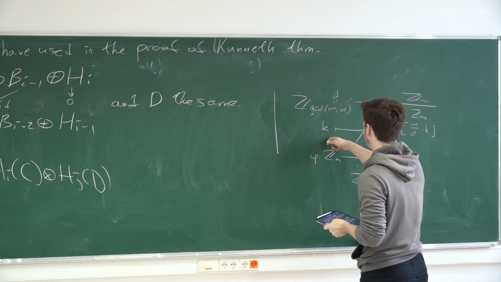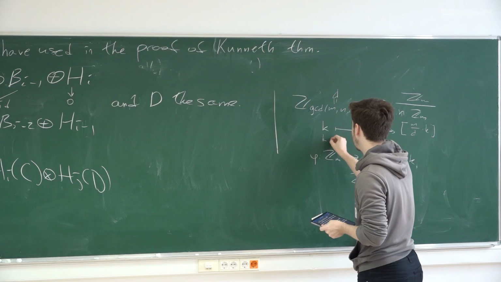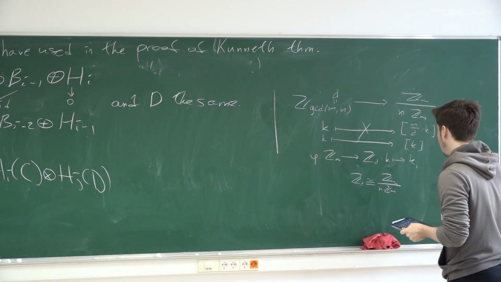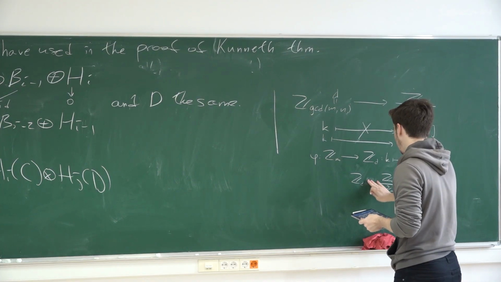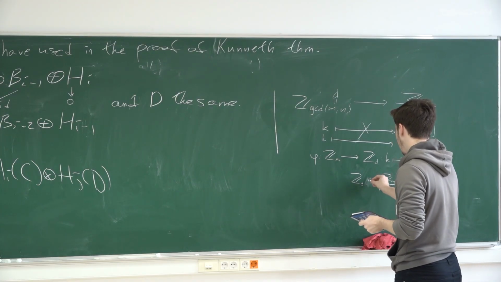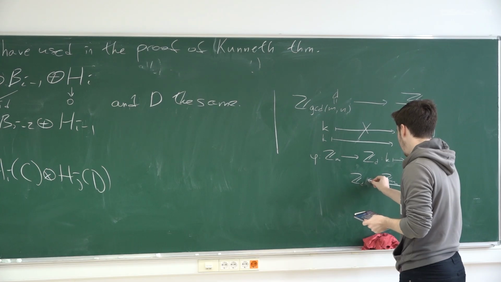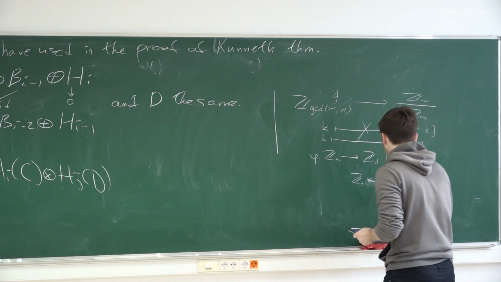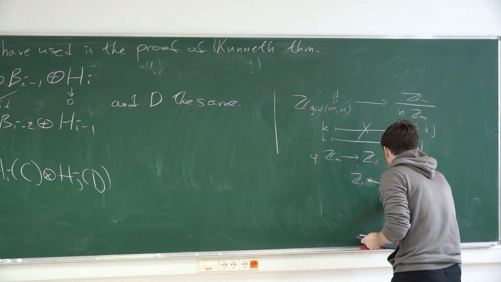To see that the correct formula for this map is that k goes to the class of k, you need to look at how the isomorphism in the homomorphism theorem works. You need to take k